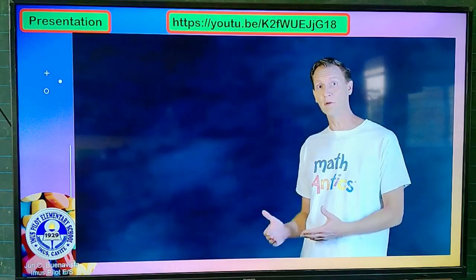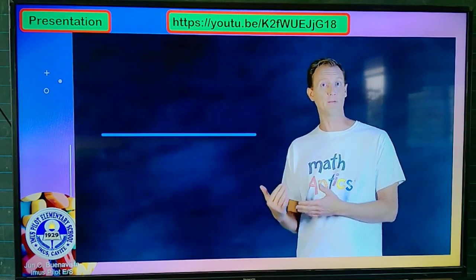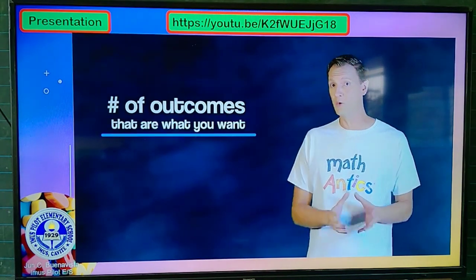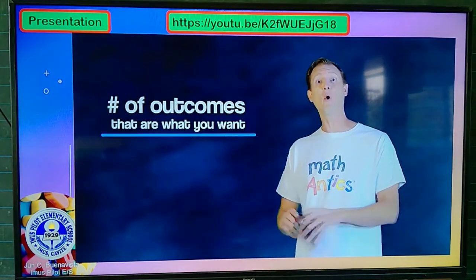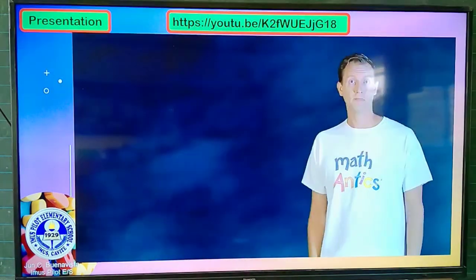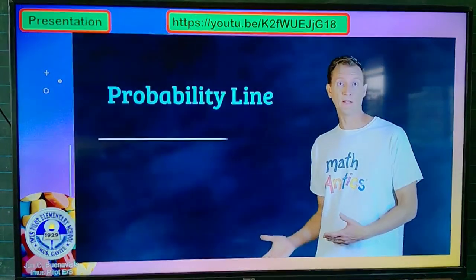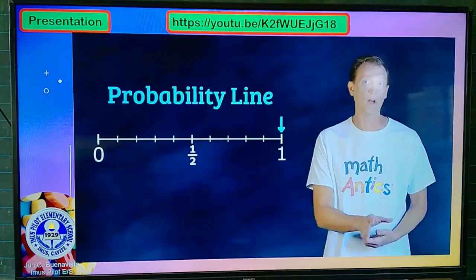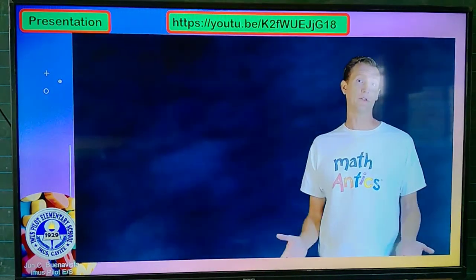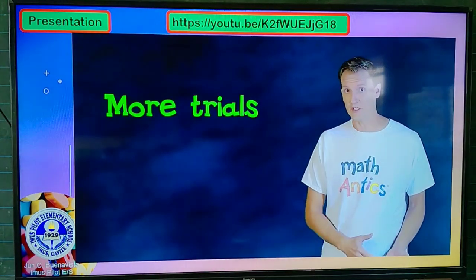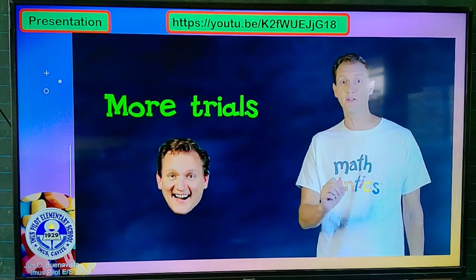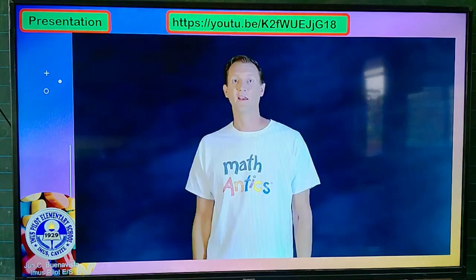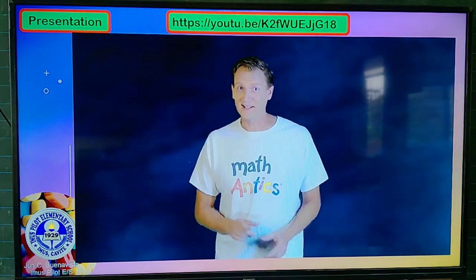You just have to remember to make a fraction with the numerator being the number of outcomes that give you what you want, and the denominator being the total number of possibilities. And we learned about the probability line, and that a probability can't be less than 0 or greater than 1, or 100%. We also learned that the more trials or experiments you conduct, the closer your results will get to the expected probabilities. Of course, the way to get good at it is to practice.